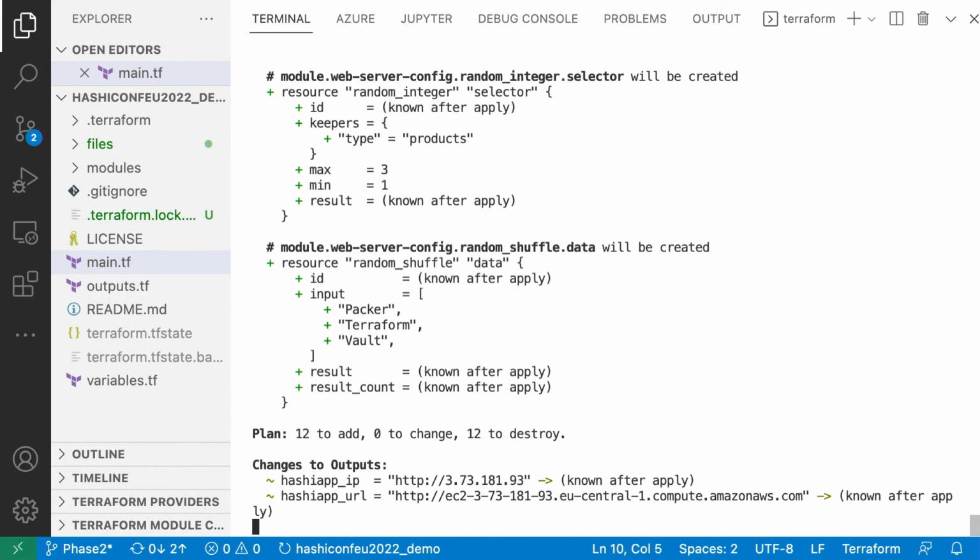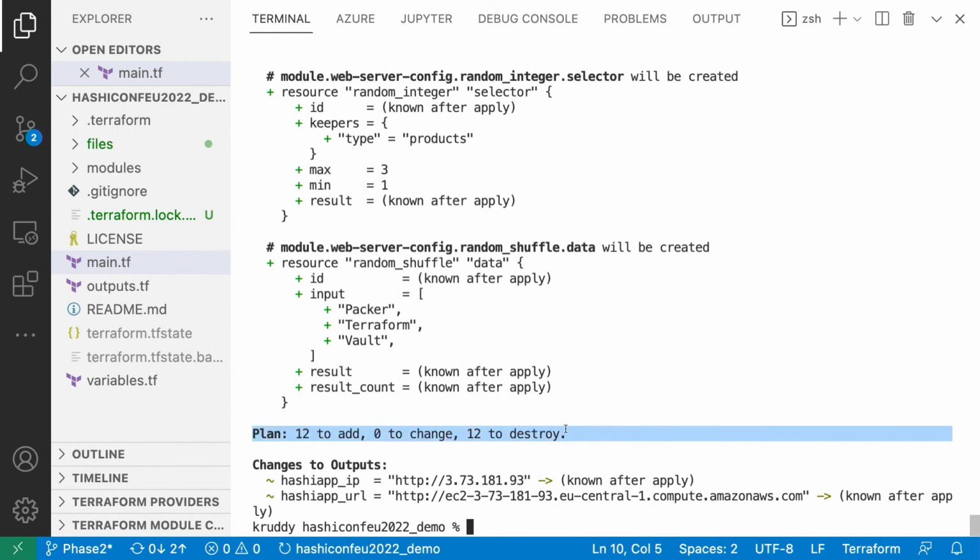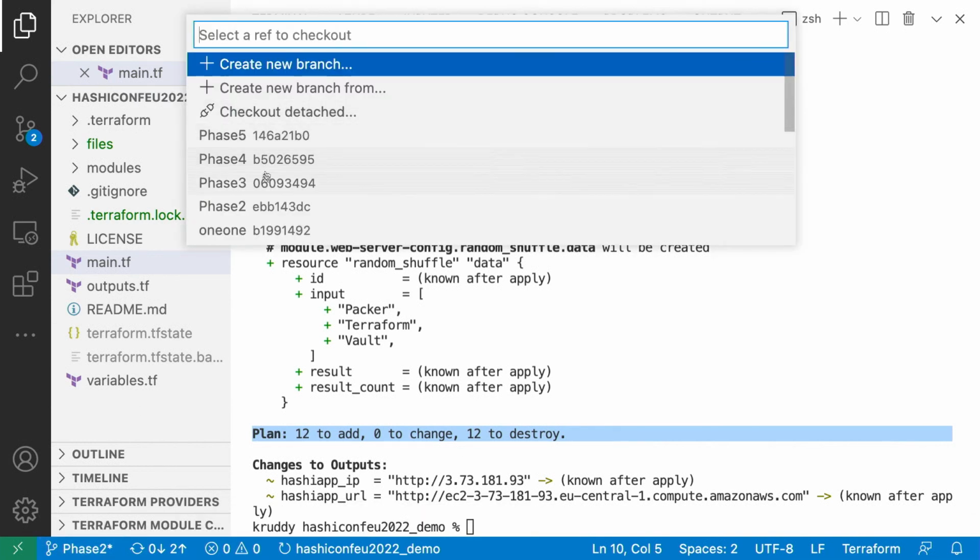Well, yeah, so it's going to tell us that we need to destroy those things and we need to recreate those things. There's our plan status right there. And that's not what we want to do. So what we're going to do is introduce a